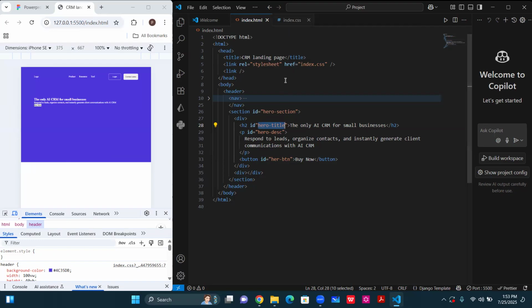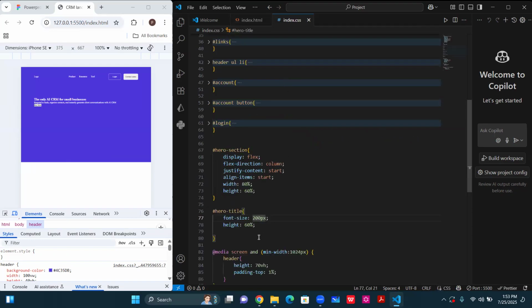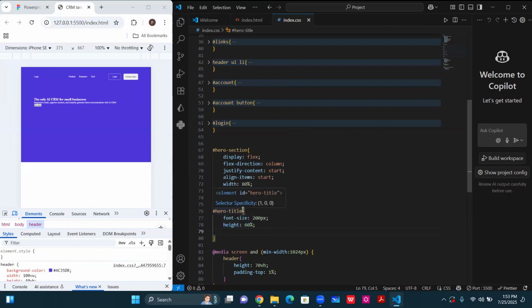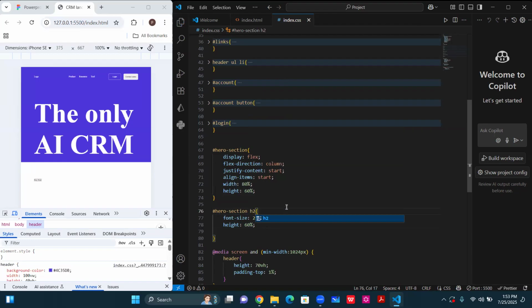Okay. So that we don't waste time, I will have to go with the H2 inside the hero section. I'll have to go after everything to target. Okay, so I want to use EM. Or maybe I can use percentage. No, I will use